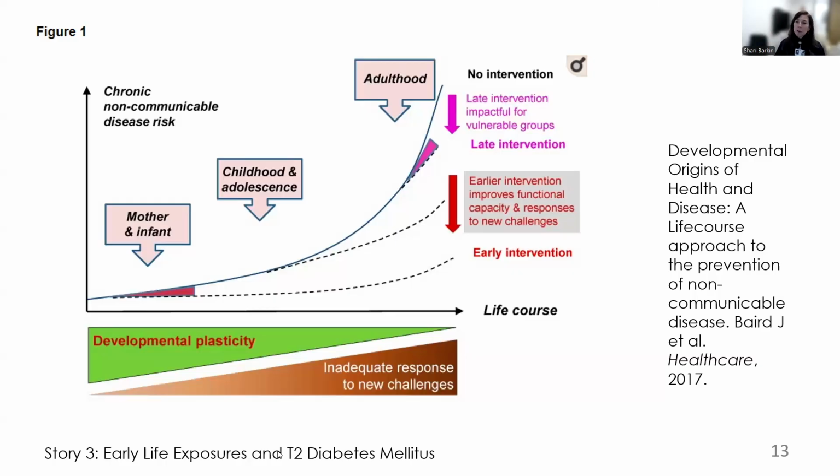So just for those of you who are less familiar with life course, this is work around type 2 diabetes. We recognized on the x-axis that the younger you are, the more developmental plasticity you have. And the older you are, by the way, look, you still have developmental plasticity as you get older. Don't fret. But you can see that your response to new challenges will be sort of hardwired over time. And so we're trying to understand what is the right timing, what is the right dose, what is the right duration for